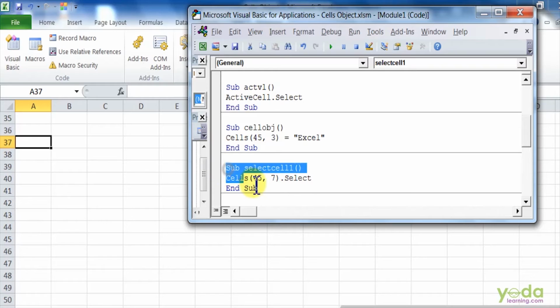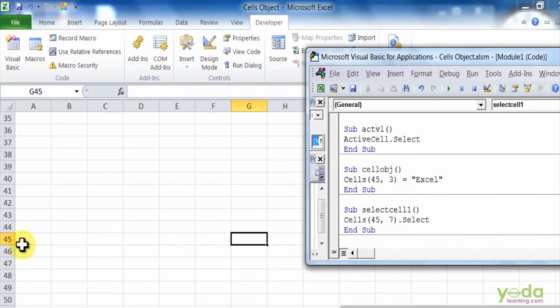So here is my code, Cells, within the bracket I will mention the row number and the column number, .Select. So let us execute this code out here. Now here if you see, it has selected the cell with the row number 45 and the column number 7.